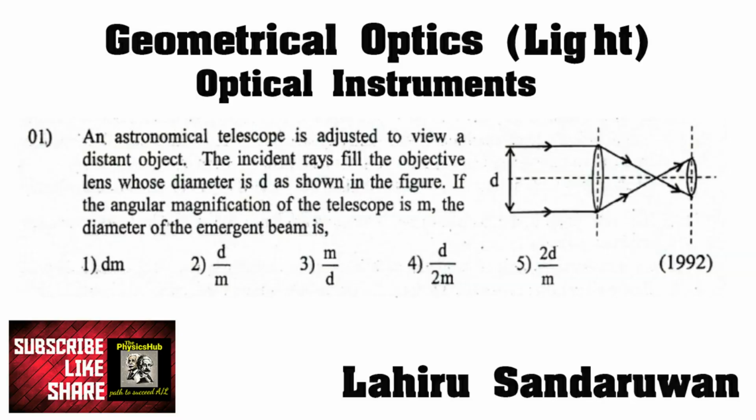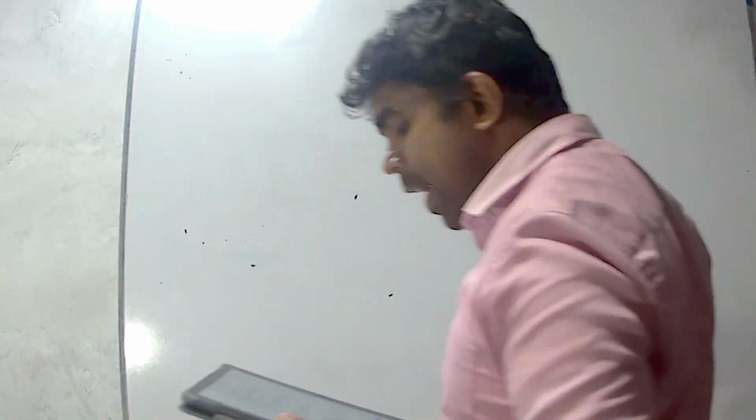An astronomical telescope is suggested to view a distant object. The incident rays fill the objective lens, whose diameter is d, as shown in the figure. If the angular magnification of the telescope is m, the diameter of the emergent beam is. Now we have to identify